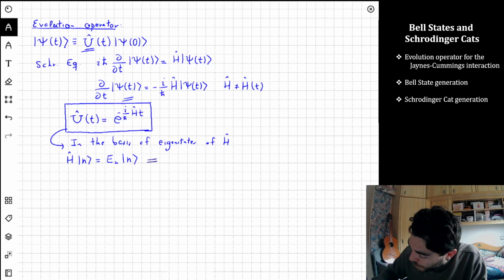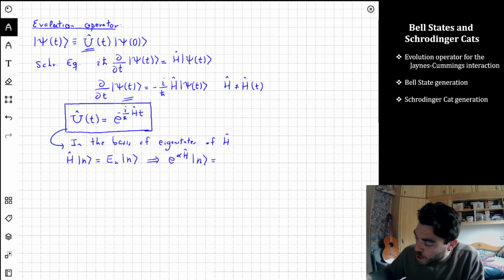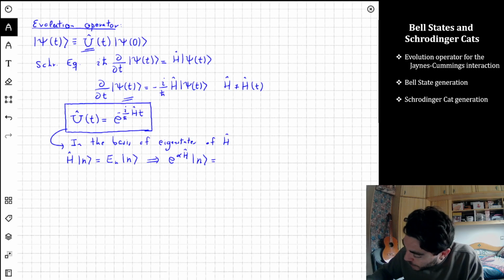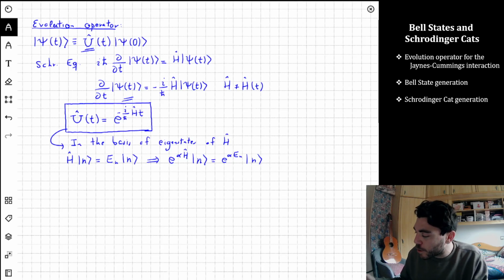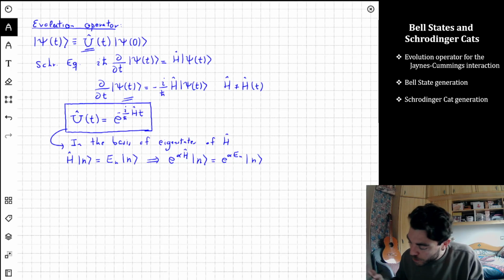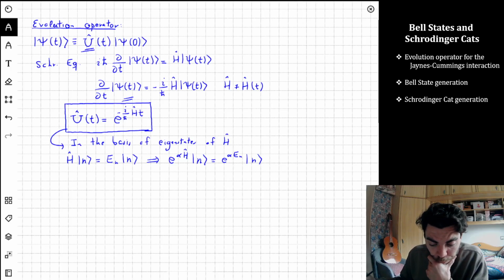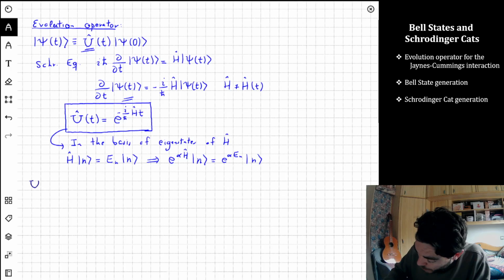Then this means that e to the something times the Hamiltonian applied to these eigenstates, because these are the eigenstates, is just like applying e to the alpha E_n, so the exponential behaves in a nice way. It's an analytical function on the eigenstates. Okay, so this is true. Now, given that, one can say, okay, the evolution operator